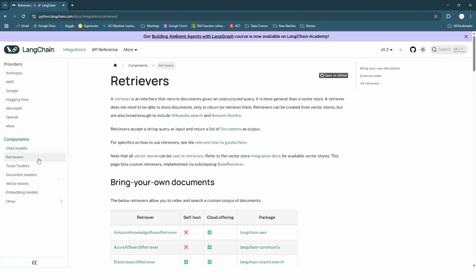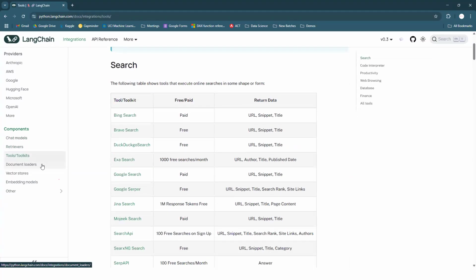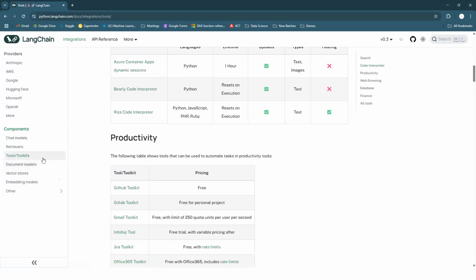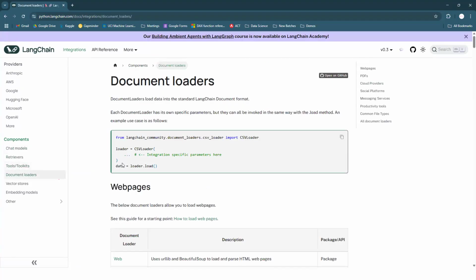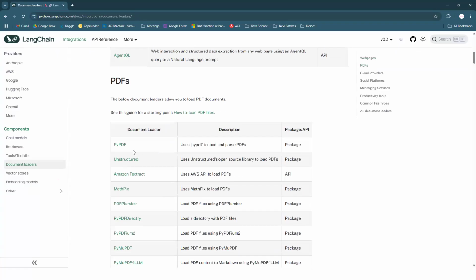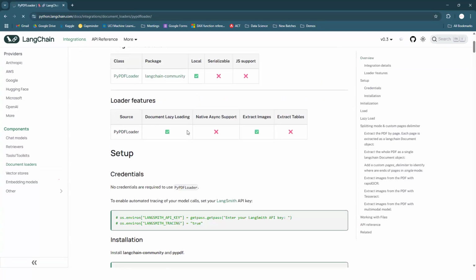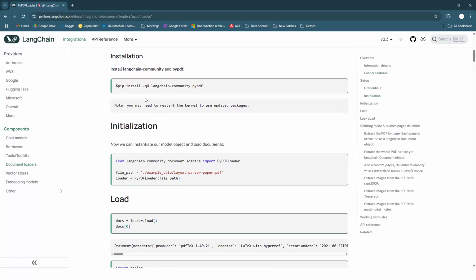There are different types of retrievers, and tools and toolkits are there. Anywhere you go, the basic thing is, let me go for a document loader. This is the name of the library: langchain_community, inside document_loaders. There we have a function called CSV loader. Directly they will call the CSV loader function. So no need to write any kind of code or logic. Just one or two lines of code will be there, guys. We just have to download the library.